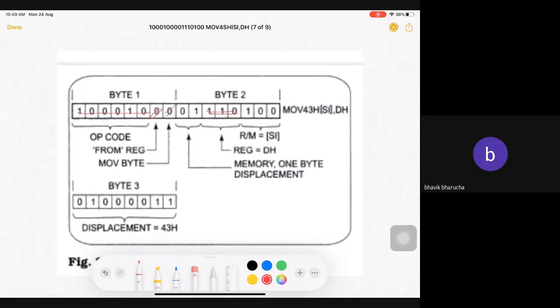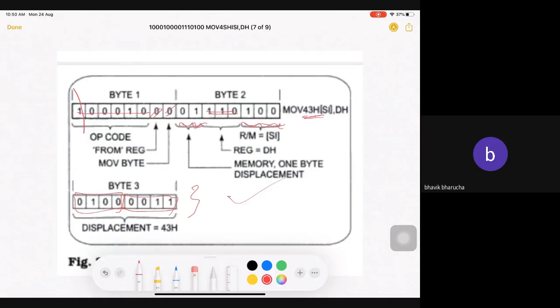And as Jai said, it is 0 1 1 0 0. And we need to tell that it is 43H. That's why here this is my third byte. So this is how I can convert any instruction into binary code. Now this is my full binary code. This is how your instruction is converted into binary.